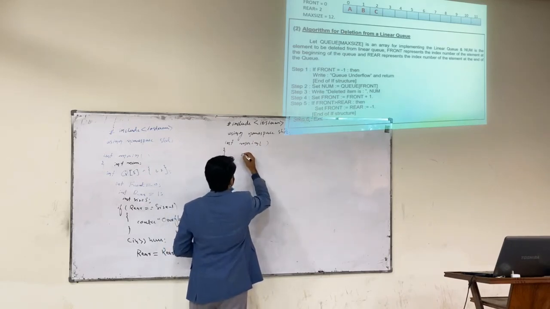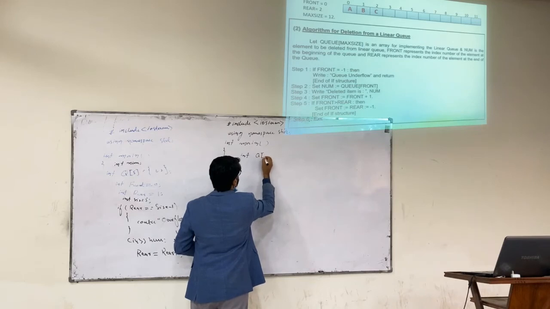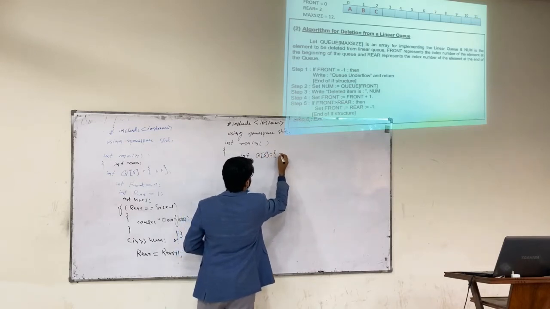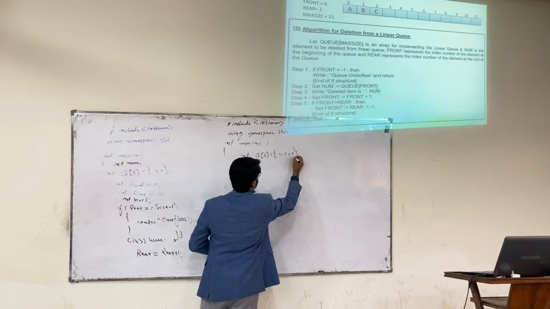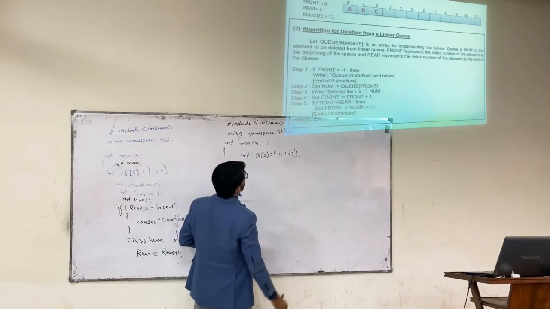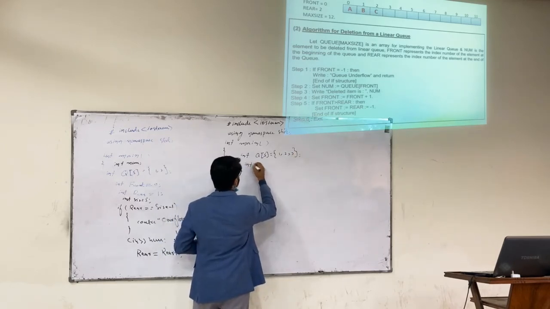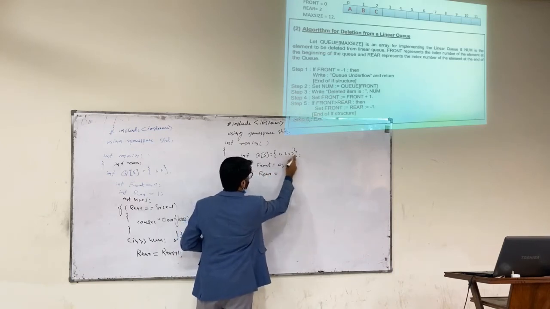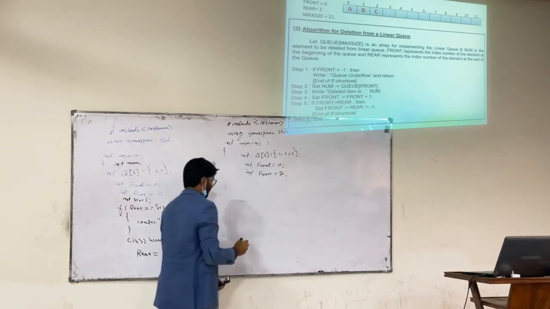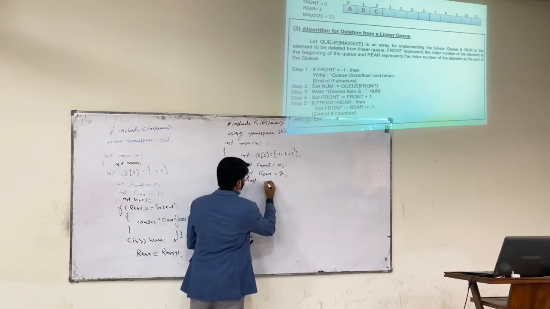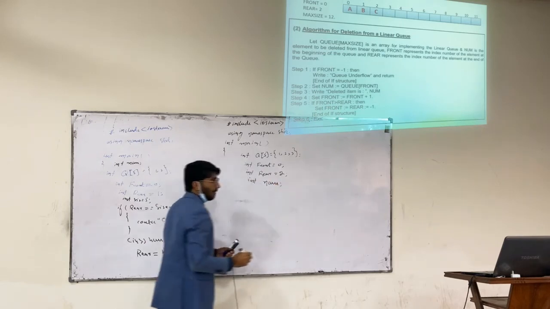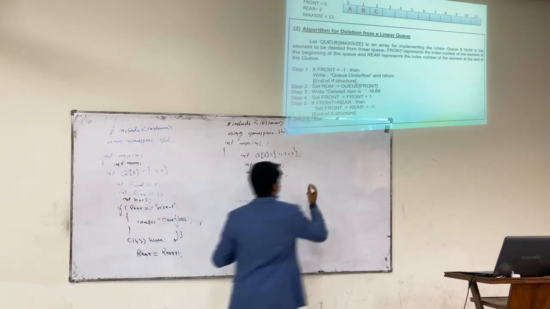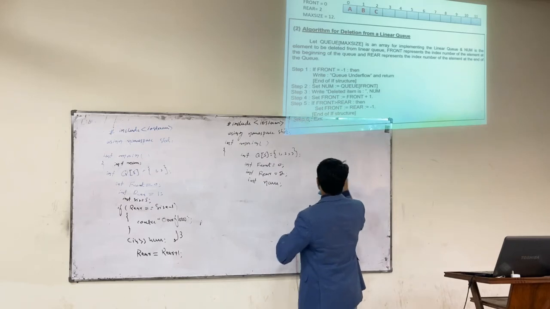Okay, I need a queue of size 5: 1, 2, 3. Okay, and then I need front is equal to 0 at index 0, rear is 2, okay, and an int num. Now, when I wrote this, it will be created in the queue,